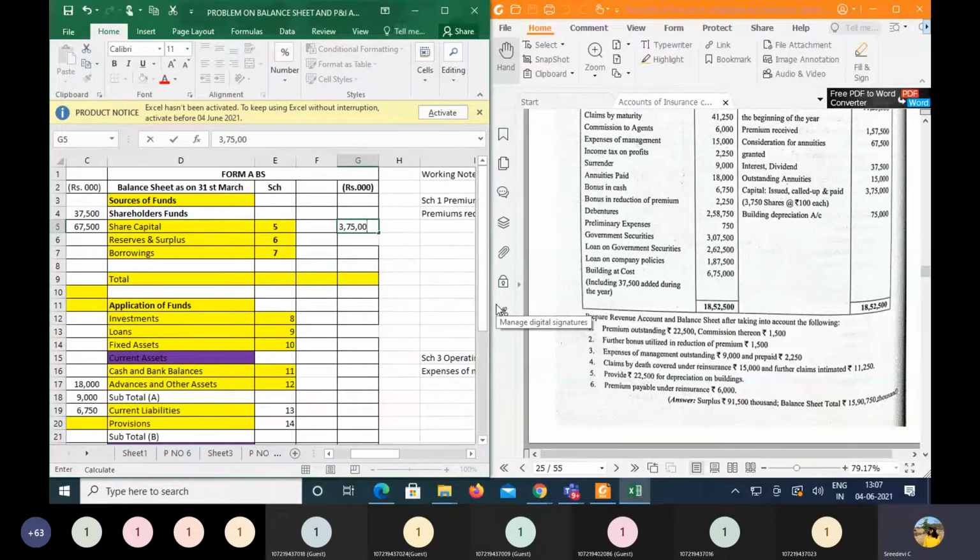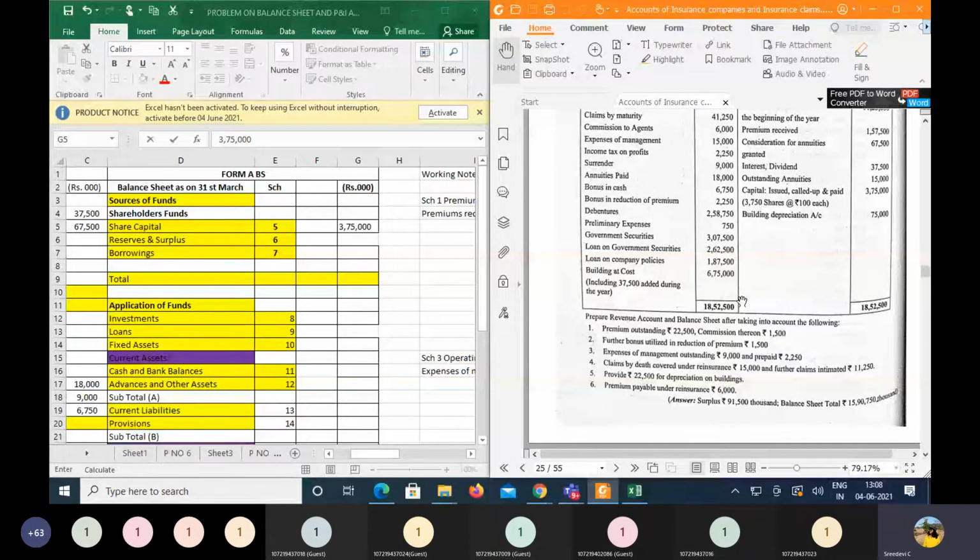in arrears. In case you come across any amount of calls in arrears, then again show this in the working notes, minus the calls in arrears, then bring the amount of the paid up capital into the balance sheet. Okay, now coming to the buildings, and the depreciation on the buildings, usually we call it as